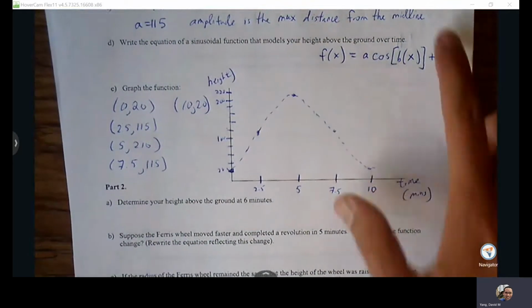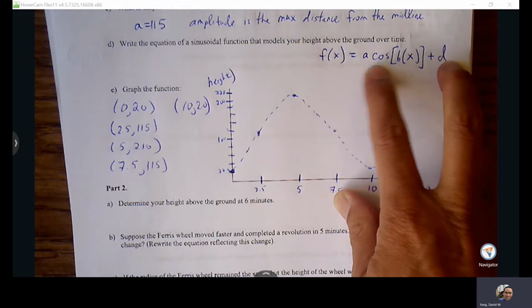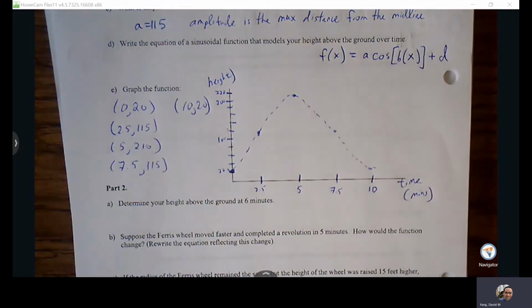Okay, so we can leave c out of it. We just have to figure out our a, b, and d value. You know the period is 10 minutes, so from there, see if you can work your way to finding your b value. We found our a value, we found our d value, so